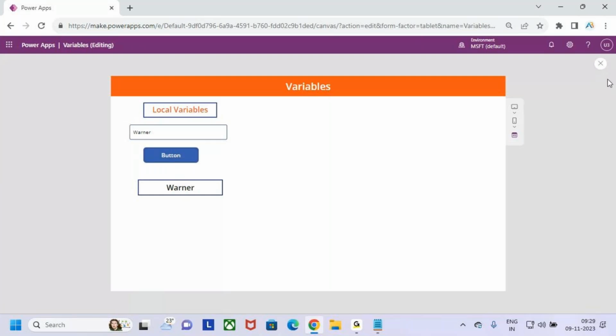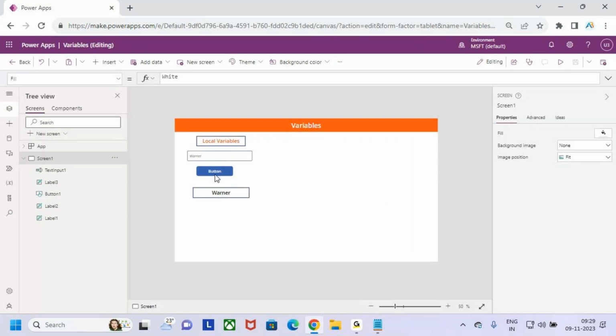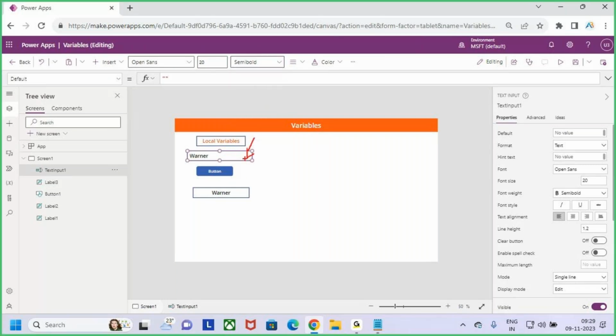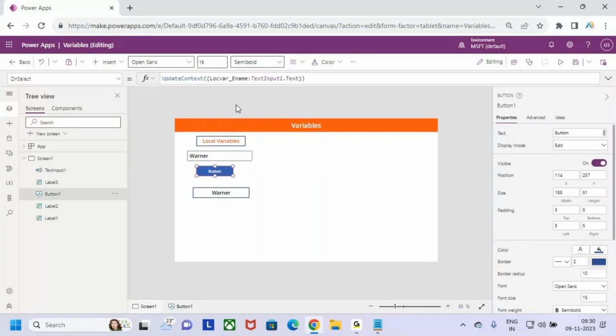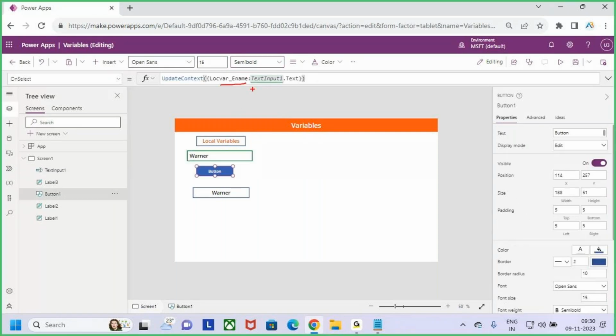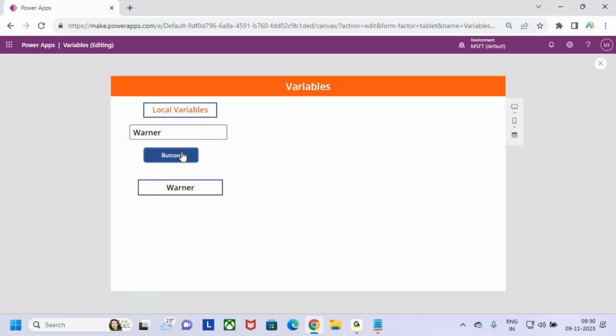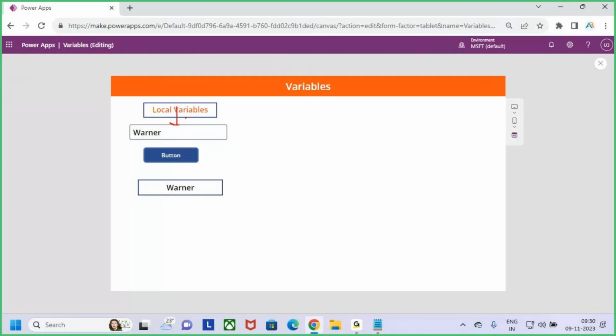Now see, what is happening here is, whenever I enter the data into this control, let me change some font. Whatever value I'm entering into this input control is going to be stored into this variable. Now see, currently it is not holding any value, guys. Why? Because I'm not playing the app. Once I play the app and click on this button, whatever value I'm entering here is going to be assigned to that variable, and with that variable value I'm printing